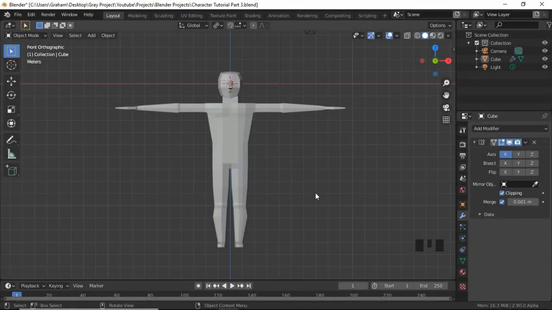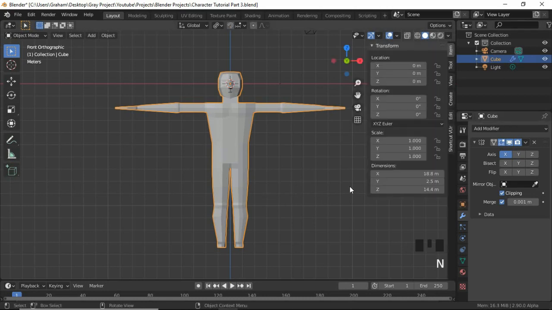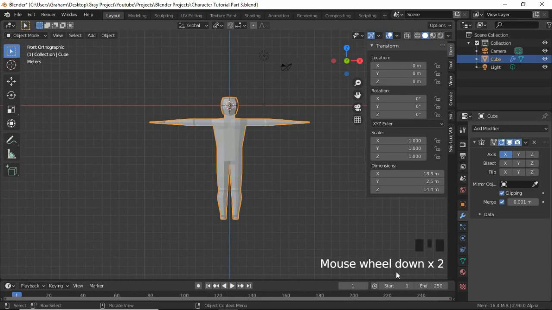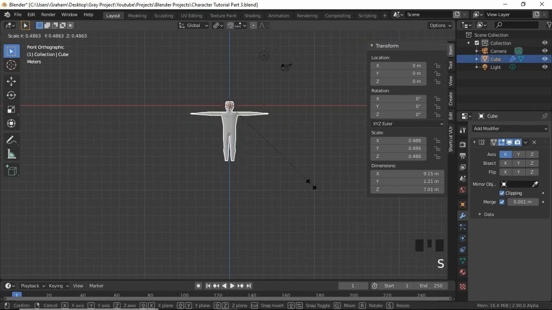So before I start with rigging this model, first thing I want to do is scale him down. So yes, let's select this model and start by scaling him down. Left click to select it, and let's open up the transform menu with N. So press N on your keyboard to open up this little menu, and press S to scale it down. So S, and let's just scale it down